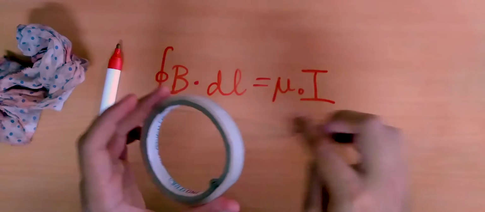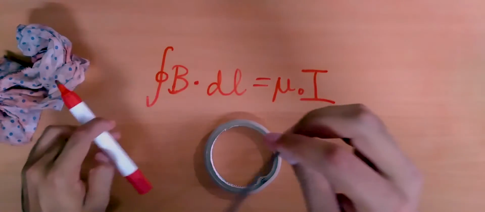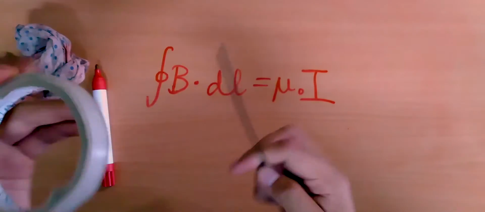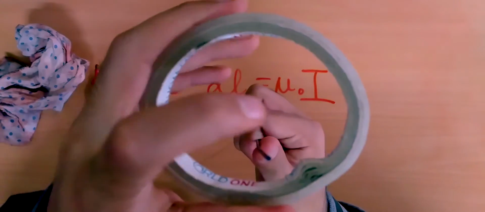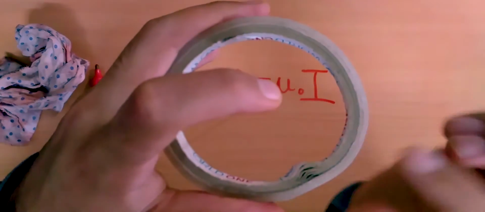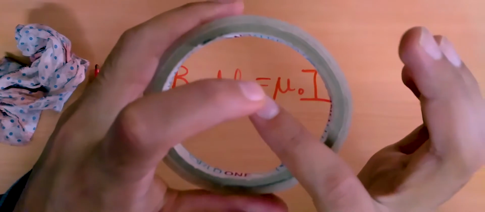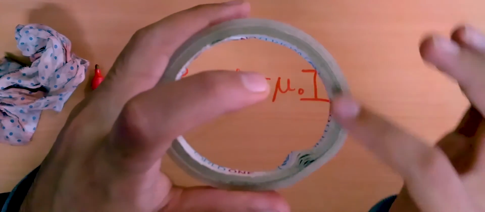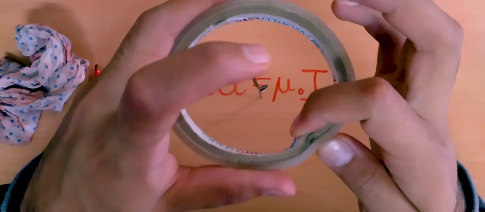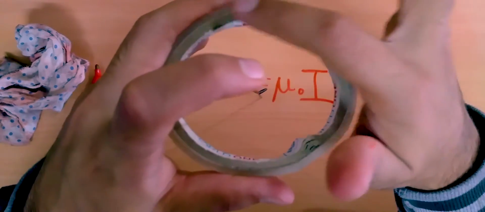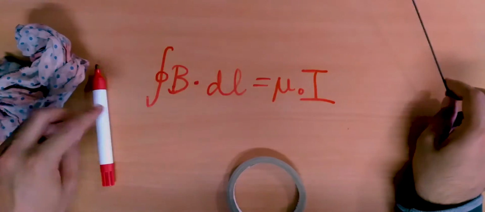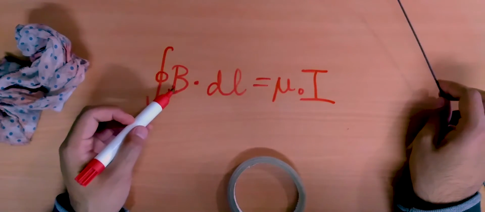So if the current carrying conductor passes through the exact center of this loop, every point on this loop is at an equal distance from the wire, and therefore the magnetic field at all points along this loop is constant,